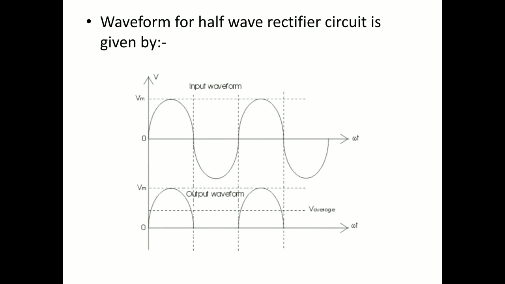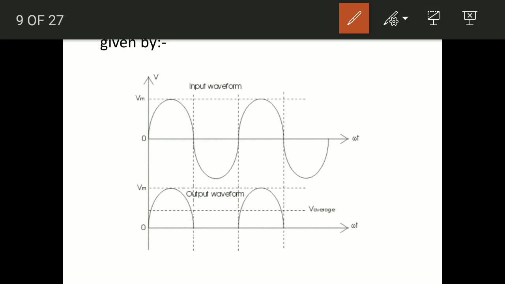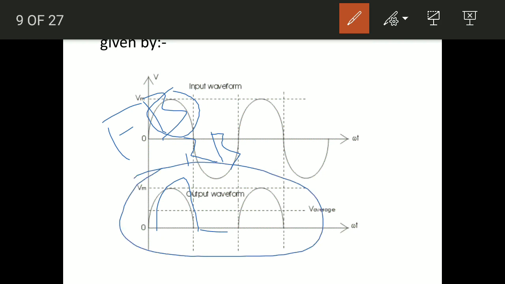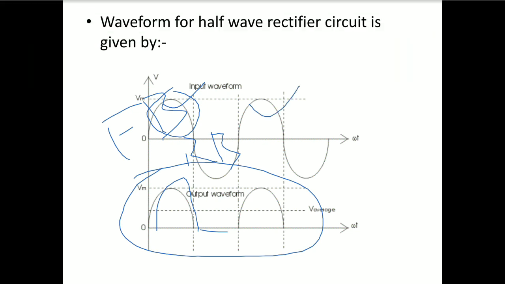So the same thing is mentioned over here. See, this indicates the waveform of the half wave rectifier type circuit. So during the positive half cycle of the input quantity, as the diode is in forward bias condition, we will get a faithful output. During the negative half cycle, as the diode is in reverse bias condition, the output is going to be 0. Now from this output waveform, it is clear that we are having the output only for half cycle of the input quantity. That's why this type of circuit is called a half wave rectifier type circuit.